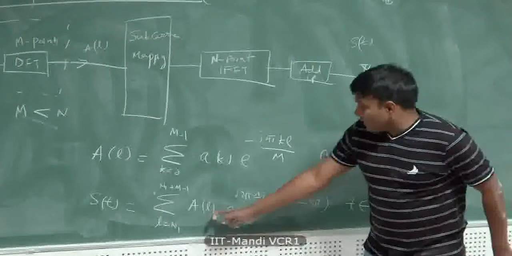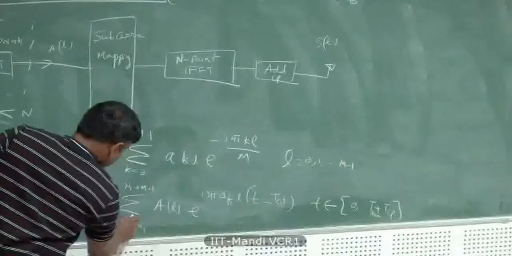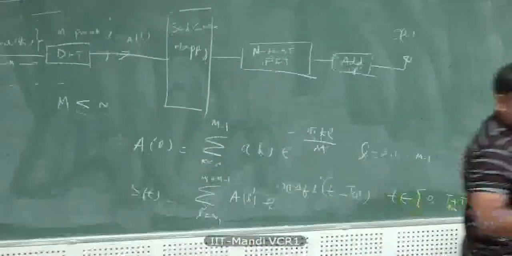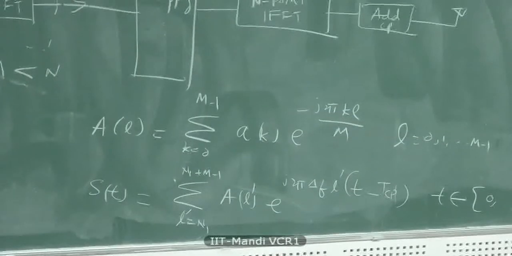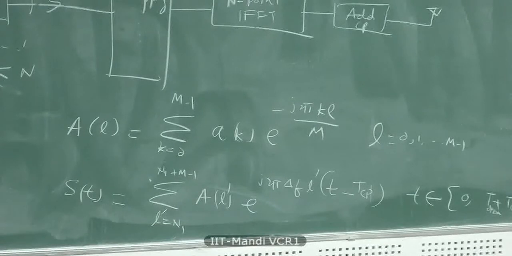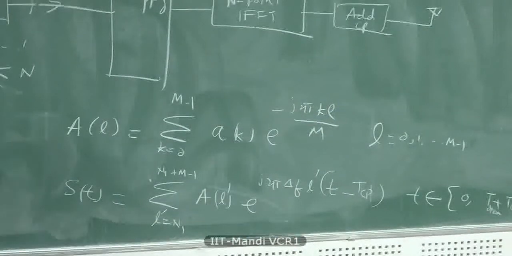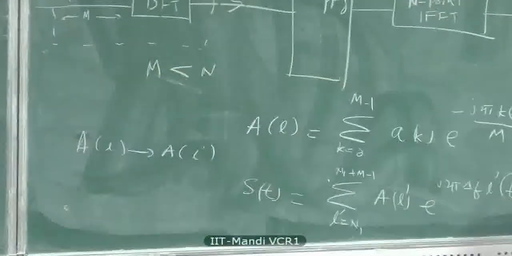So you may say, well, L is ranging from 0 to M minus 1, but I think you have to use probably some other index, L prime. Okay? Just because you are shifting them, it's a dummy variable. L originally changed from 0 to M minus 1, but now we shifted it. Therefore, that's what the mapping module does. So I'll just put L prime there, where A of L is mapped to A of L prime. Okay? You just take it and shift it to appropriate points.